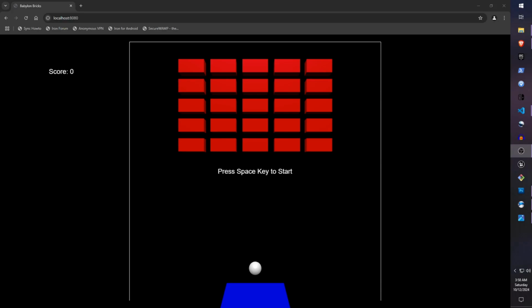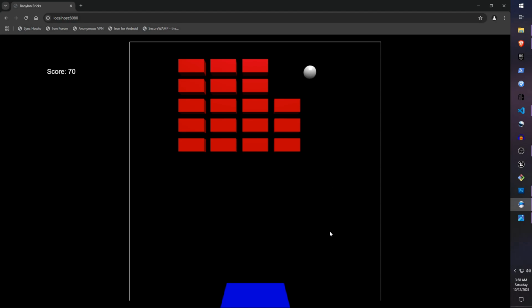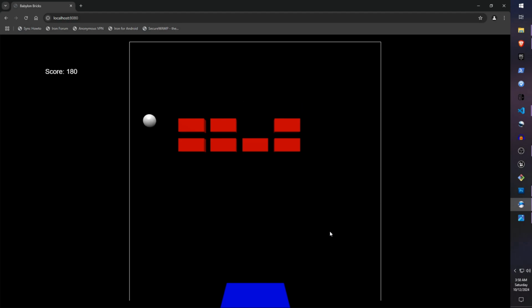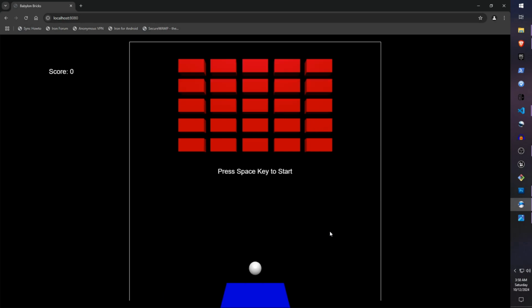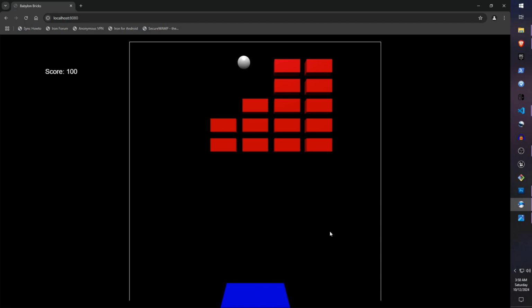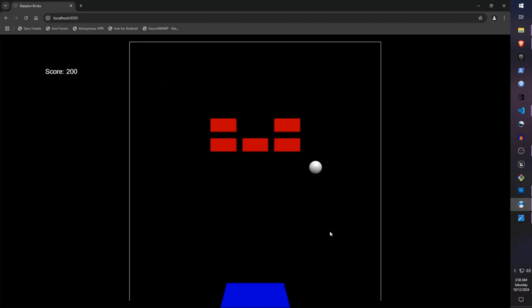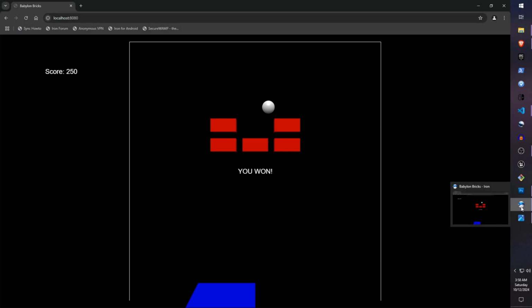Now that we have our game working, there is something I have to tell you. Let me show you. If I start the game again and I lose on purpose, and I start again, we can see that if I try to hit those blocks, I am hitting them, but there are some other blocks still there. Can you see? That's because when we reinitiate the level